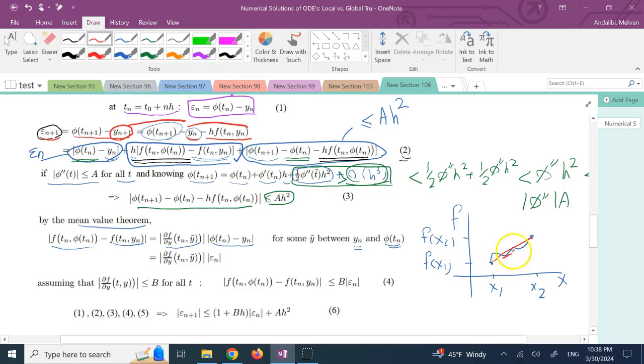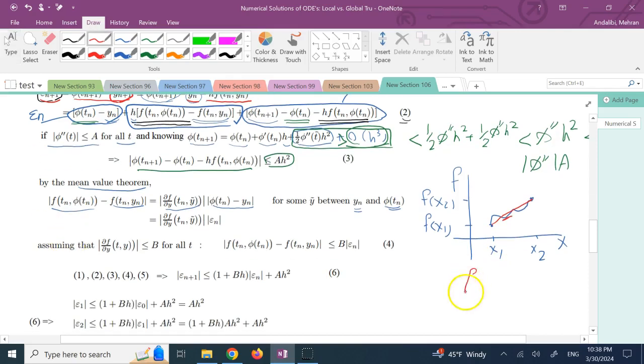Okay, there is a point for which the derivative is parallel to the line connecting the two endpoints, from where f prime at that x star is equal to f2 minus f1 divided by x2 minus x1. If you cross multiply it and take absolute value, you exactly see this formula here. Okay, and this right hand side here is epsilon n, so the term is going to be equal to the